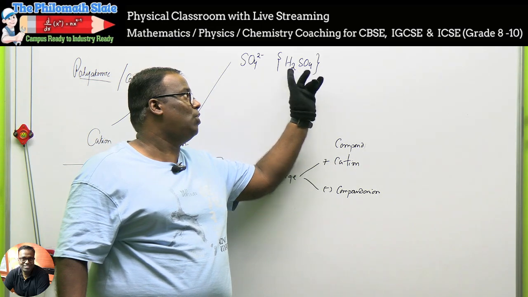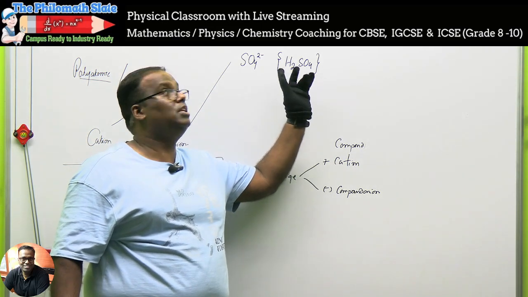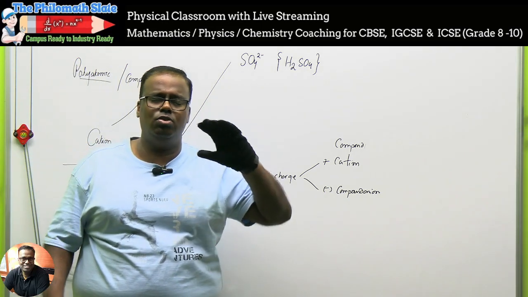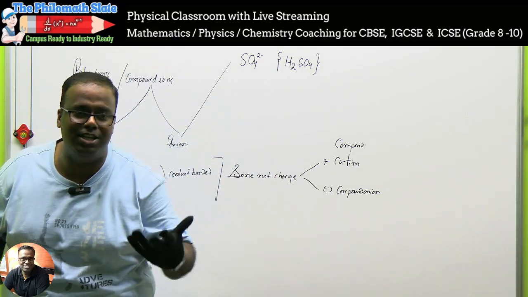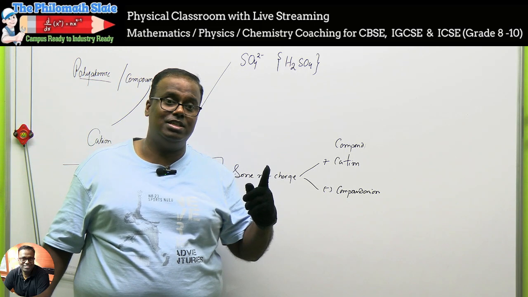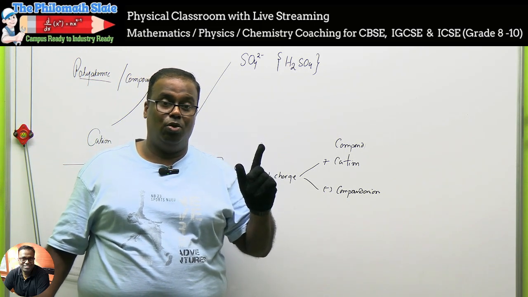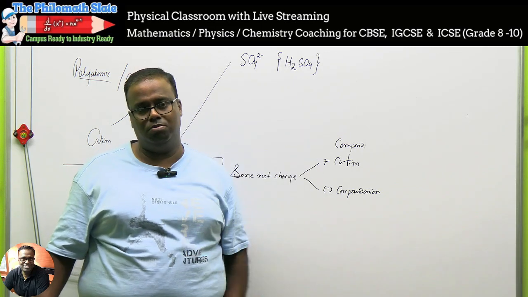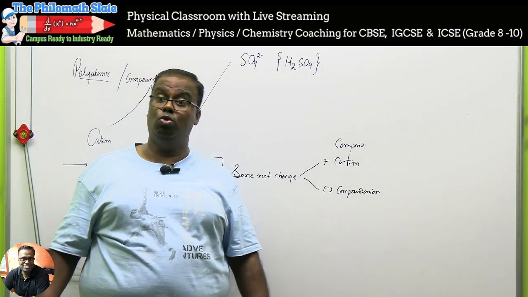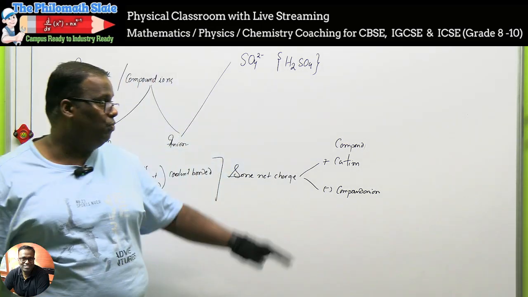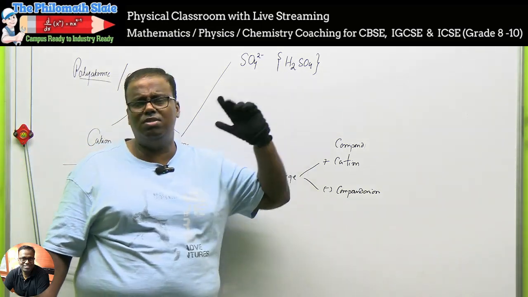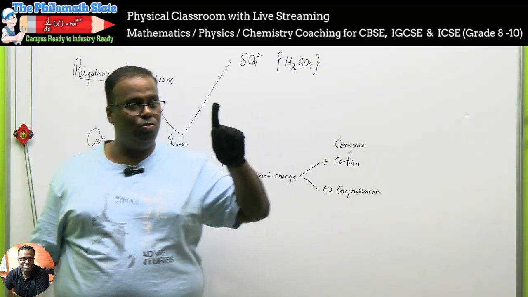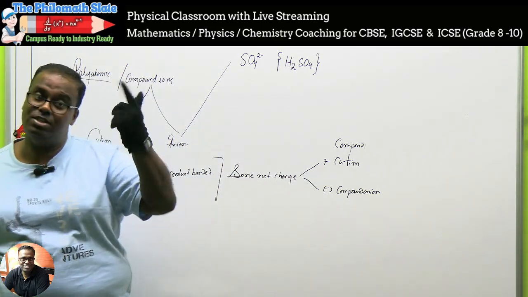Let's find out what is the oxidation state of hydrogen in this particular molecule. Look children, now you'll ask me, sir, what is the difference between valency and oxidation state? Valency never changes. Oxidation state changes from compound to compound, molecule to molecule, depending upon with whom and how you are bonded. What is the valency of hydrogen? We will always say valency of hydrogen is 1. Does hydrogen want to lose an electron? No. Always gain an electron.